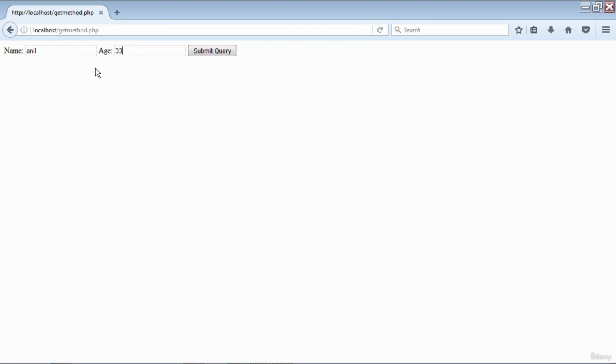get method.php. Because the action has been set to PHP self, it is going to be redirected towards the same PHP script, right? So if I press the submit button, there you see the query string: name is equal to Anil and age is equal to 33, and submit is equal to submit query, that was the name of the button. So this is the entire query string that is attached,